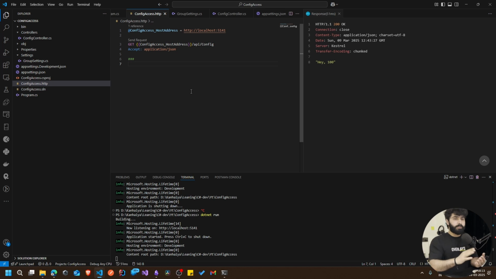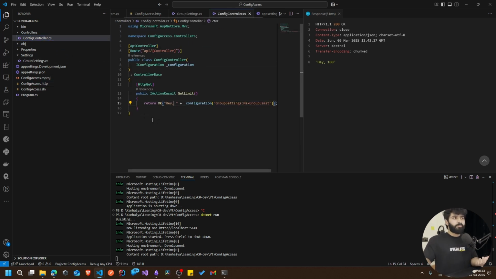This approach is good to go when you have a very small project or you have very little time, like a small POC. This is not a recommended way. You can directly get the IConfiguration here and do whatever stuff you want. This was the first way. And what is the second way? And the second way, what you can do